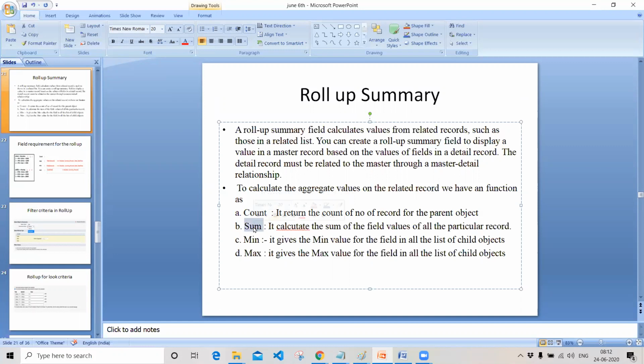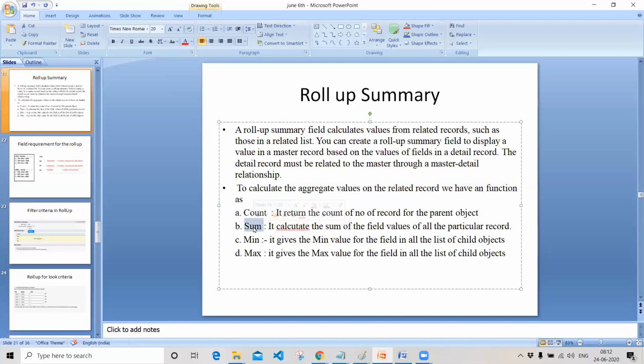The sum function will calculate the values across all the records. Suppose I'm Fanindra, I have 4 loans like housing, automobile, car loan, and some other loans, and I have a value field in them called sanction amount. I want to calculate the total amount that we have given to this customer with respect to all the loans. I have to calculate across all the loan records using the sanction amount field.